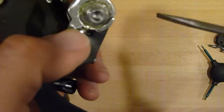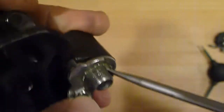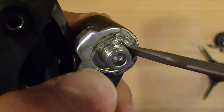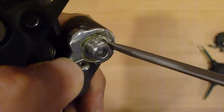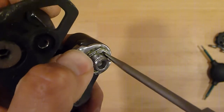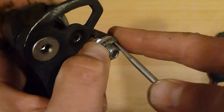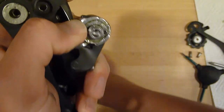So now you see this circlip here surrounding the bolt that sits in the groove in the bolt which attaches the derailleur to the derailleur hanger, and you pull that circlip off by inserting a small flat-bladed screwdriver. Make sure you press down this plate, because otherwise it might become even harder to pull that circlip out, and the spring tension might get off immediately. So make sure with your thumb you press it down, then pull away this circlip,